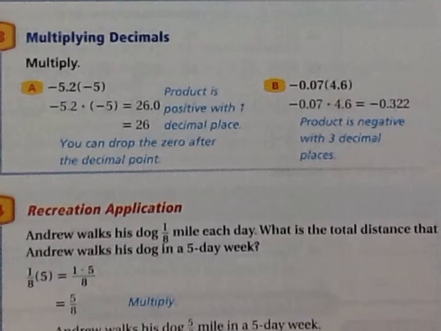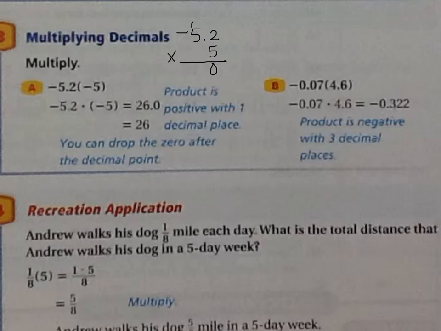Okay, let's talk about multiplying with decimals. You have a negative 5 and 2/10 times a negative 5. When you are working this problem on paper, not with a calculator, you need to stack your number with the most digits on top. So I'm going to put negative 5 and 2/10 on top times 5. You need to line it up like this so that you know that you need to go 5 times 2 first, which is 10, carry the 1. And then you're going to go 5 times 5 is